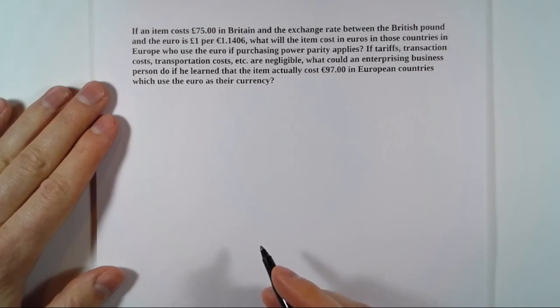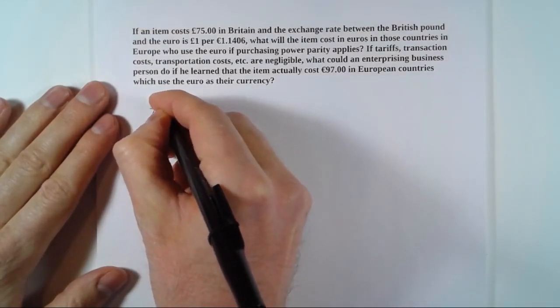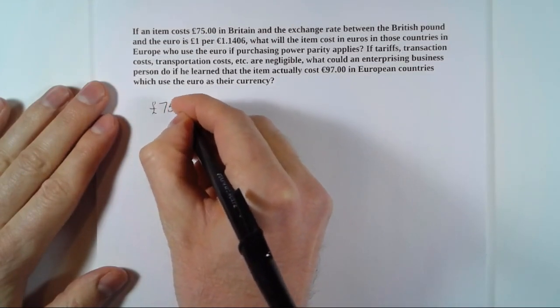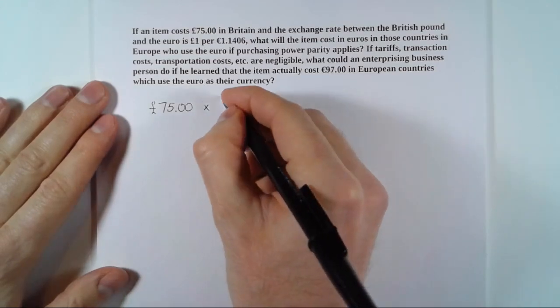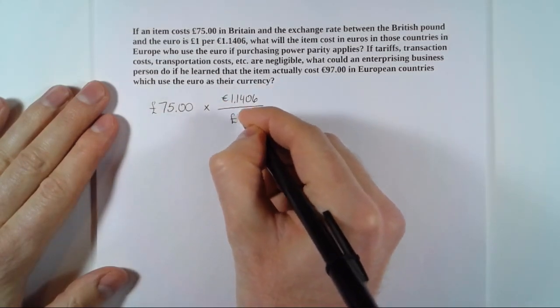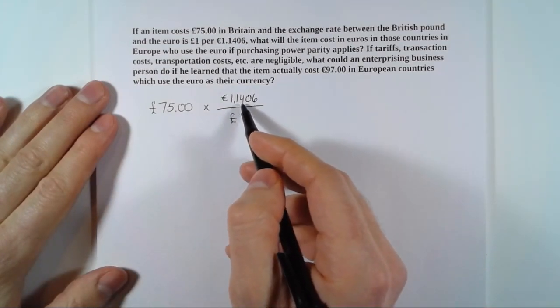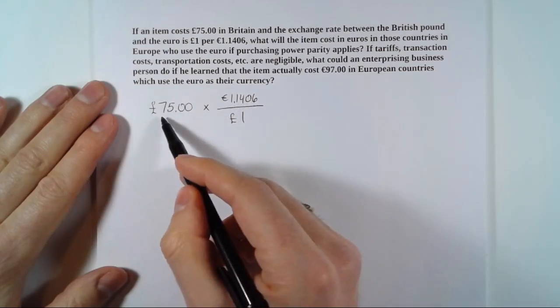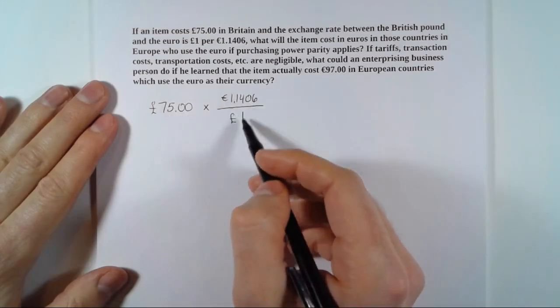So the idea behind purchasing power parity is that once we have accounted for the exchange rate, the price of goods in different countries should be the same. So we know that the particular good or item costs £75 in Britain. And we also know that the exchange rate between the euro and the pound is 1.1406 euros per 1 pound. So if I know that the exchange rate is 1.1406 euros per pound, and I know that the item costs £75 in Great Britain, if purchasing power parity applies, once I've accounted for this exchange rate, I should know the